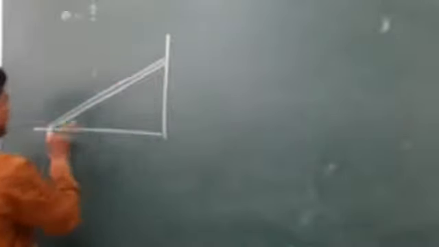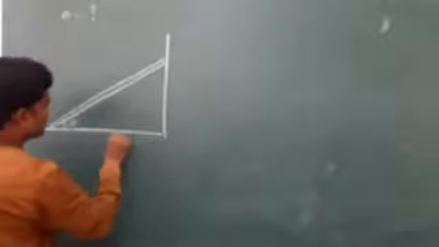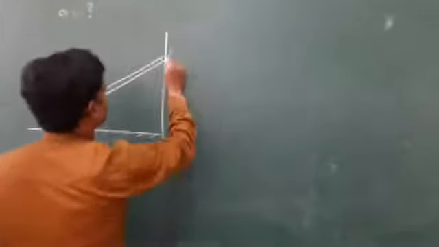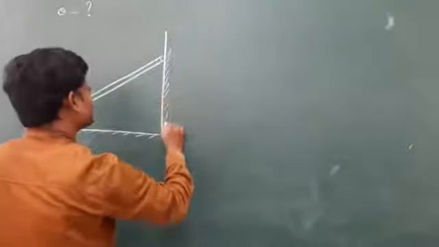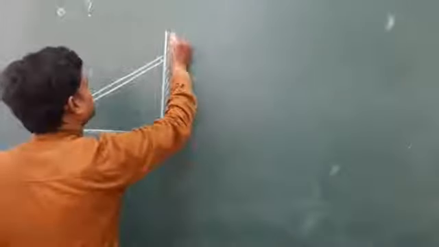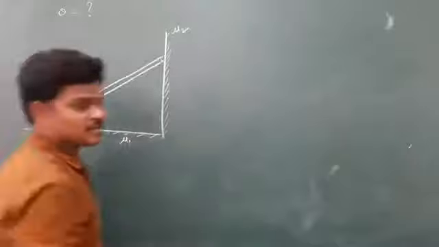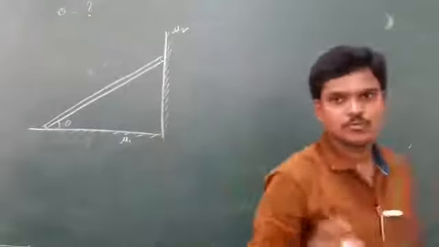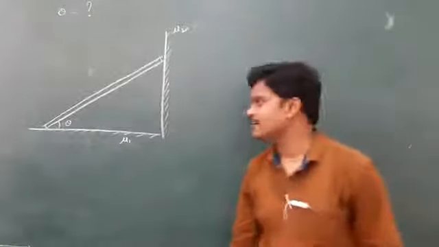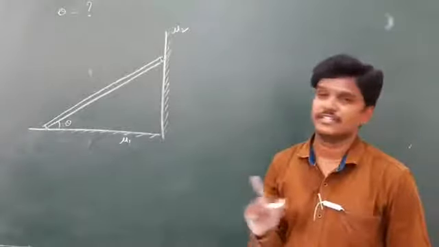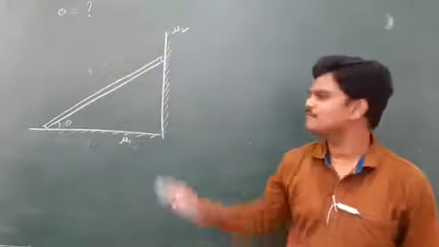And see, this is theta, and the coefficient of friction given here is mu1, and here also friction is given, mu2. Okay, mu2 and here mu1. The target is to find out at what angle we have to keep the ladder along the floor so that the ladder does not slip.